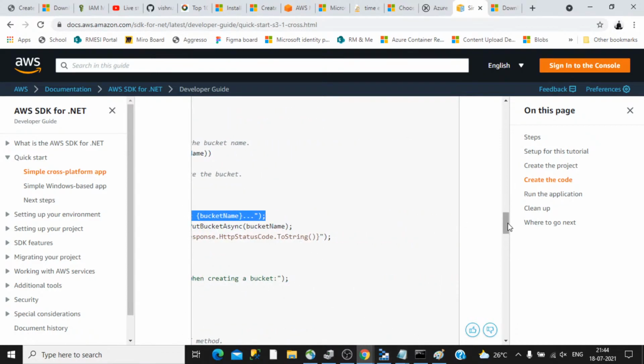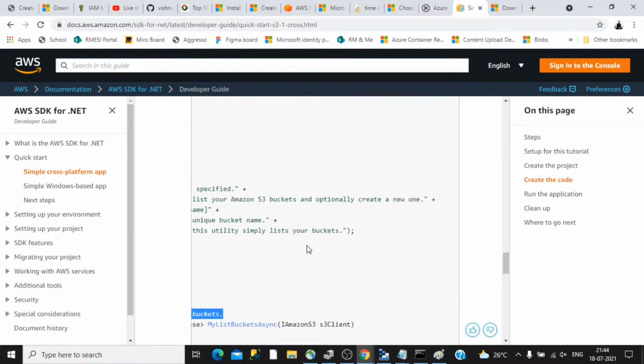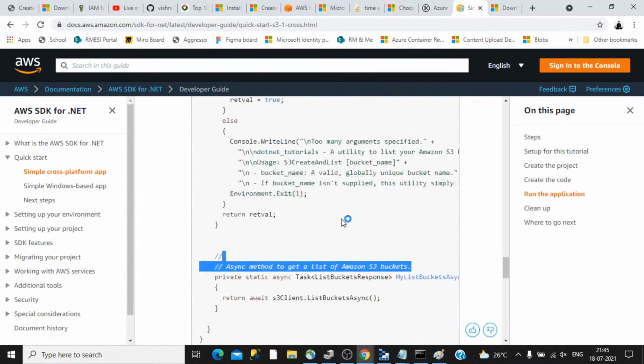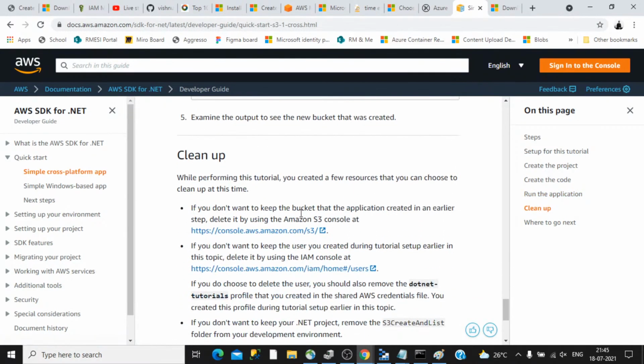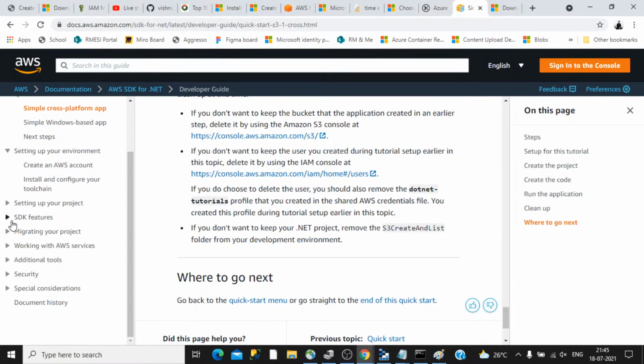They provide a lot of information there, so you can follow that and always do these kinds of things, and always check these areas, and clean up and all those things. A lot of things are there, so you can check. Now we were discussing a bit about the way by which we use the SDK to connect.